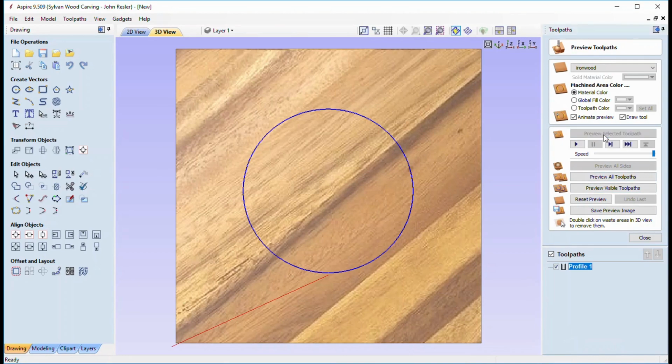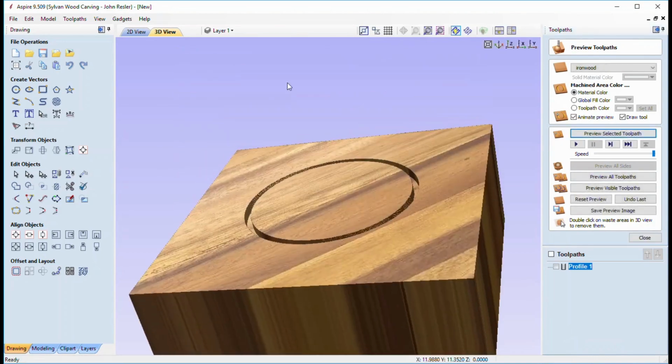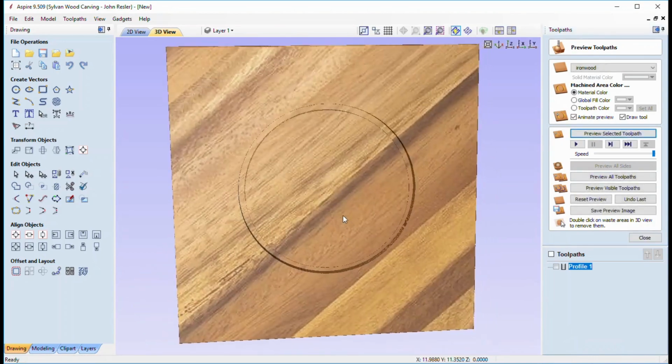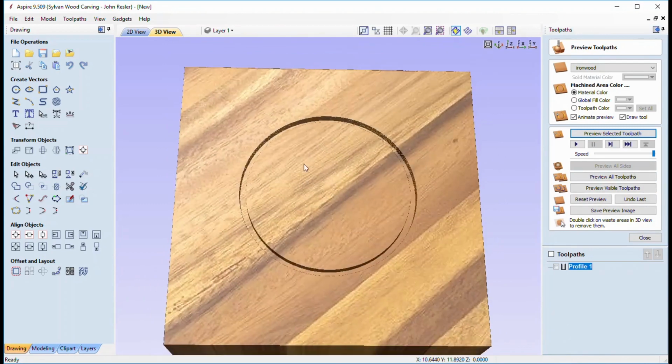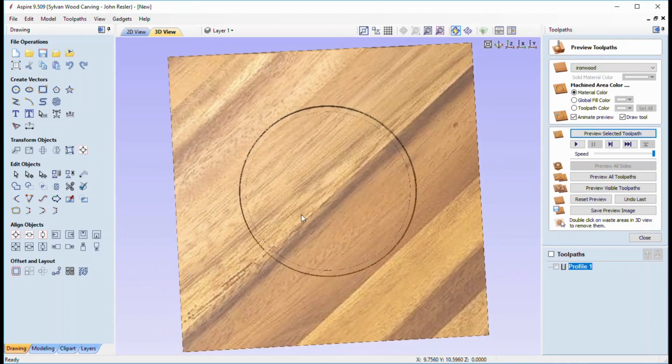Here we go, preview selected path. Not particularly interesting, but hey, it is necessary sometimes for us to cut out 2D profiles. So that's how we recover our database, okay? We want to be able to do that so that in case we ever corrupt it or whatever, then we'll know where to go and fix it. On to the next trick.